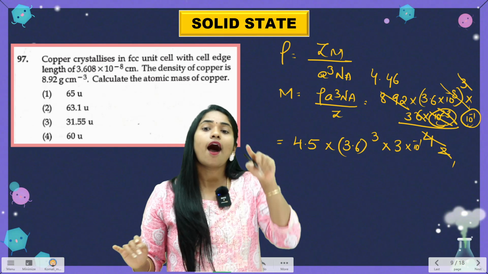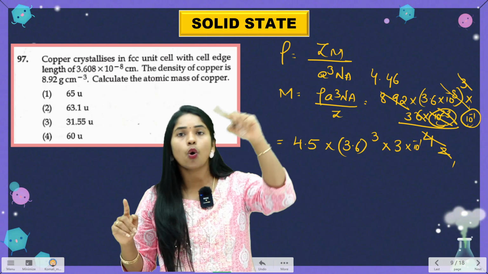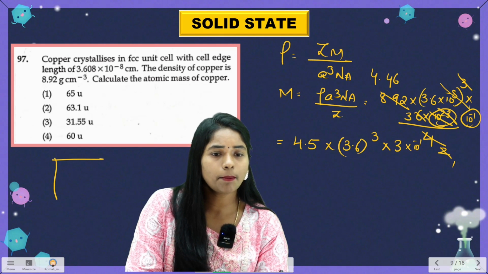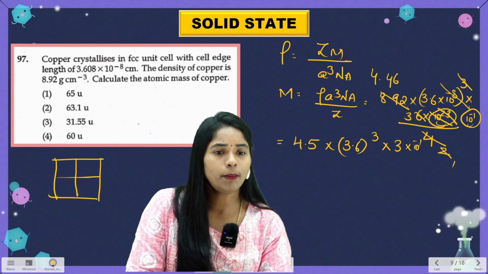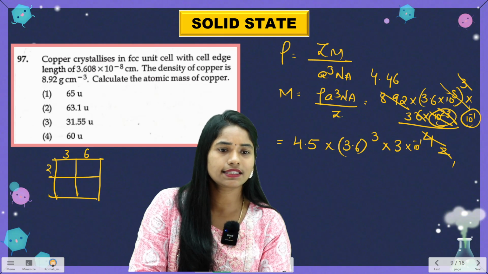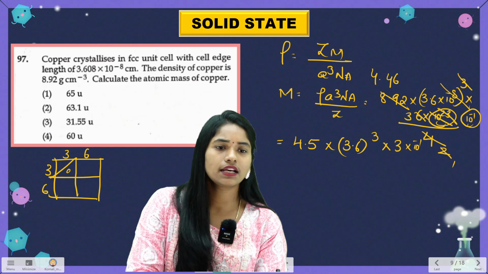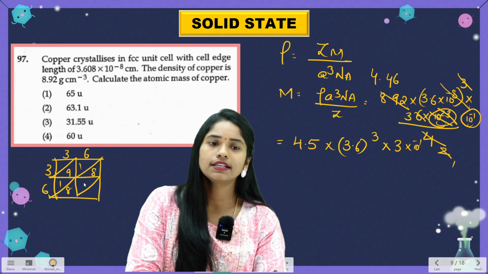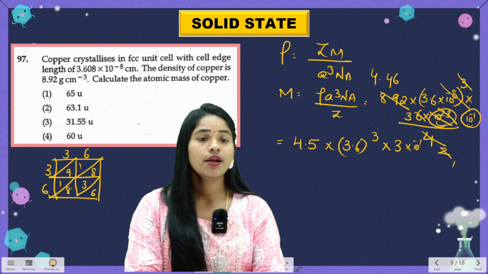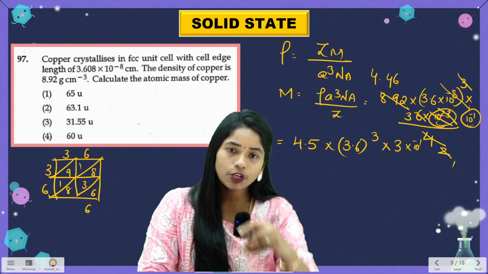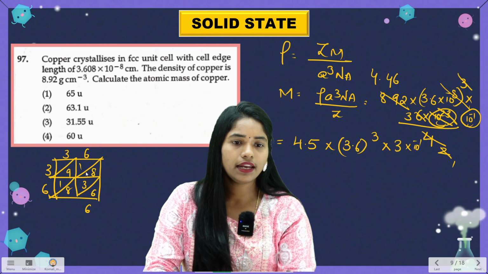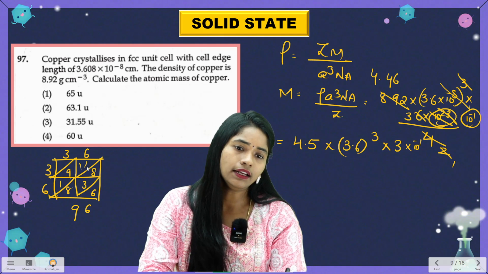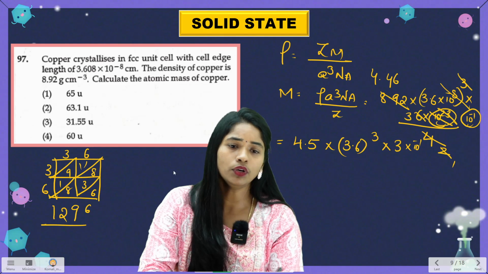Now, how to calculate that 3.6 whole cube? What I do is, first I remove the decimal points. Then see the mathematical trick here. How can you multiply 36 by 36? 3 3s are 9, 3 6s are 18. 6 3s are 18, 6 6s are 36. Done. Then you have to add diagonally. 6, 8 plus 8 is 16, plus 3 is 19, carry 1, 10, 11, 12, so 1, 2, 9, 6.